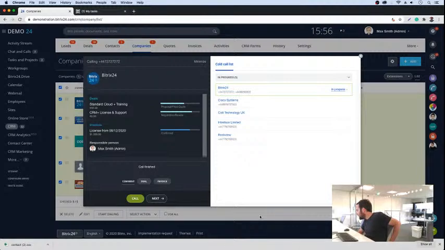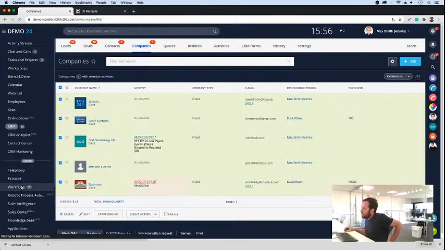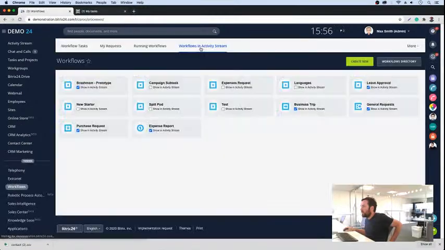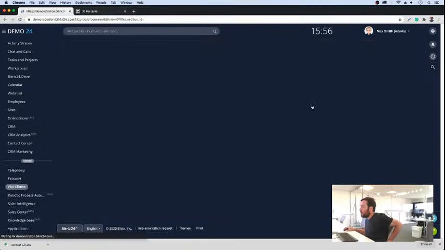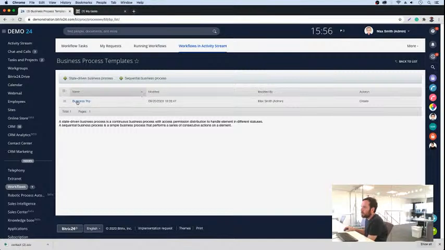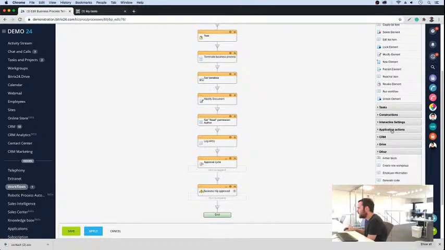Is it possible for a workflow to create a custom document and send it to the requester? It is particularly valid for vacation requests. Yeah, you can do that. You can have a workflow create a document. You'd have to create the CRM document, I do believe, in here. And then if we go to workflows in the activity stream, click on the workflow that you want to change, click on Actions, click on Configure Workflows, and click into your workflow. And I do believe in here,